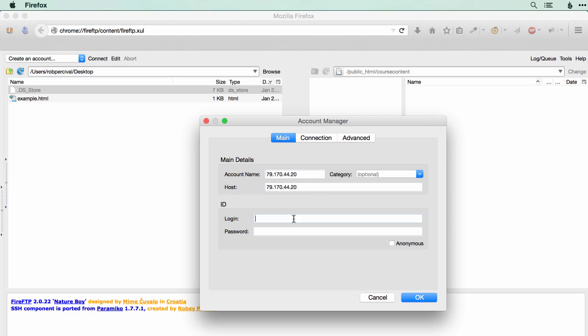So now I'm going to put the login as the domain name, so anytestdomain.willwork.com. Make sure you don't have any spaces at the beginning or the end. I'm also going to change the account name to that. It doesn't actually matter, but I'd rather have that as the account name rather than the host IP address, which doesn't mean very much to me. And then finally,